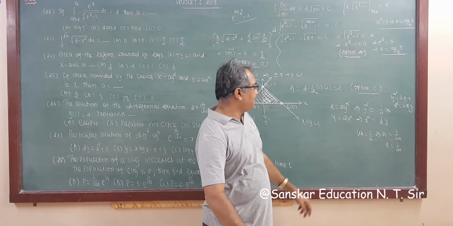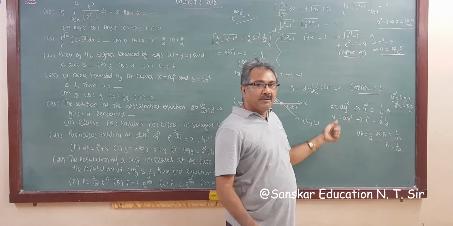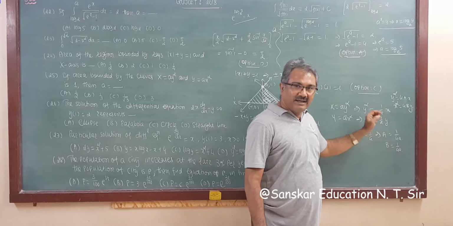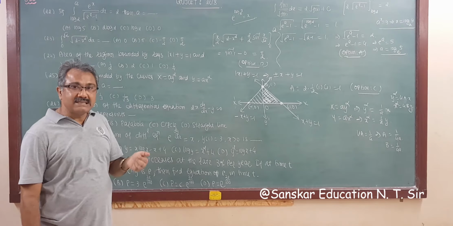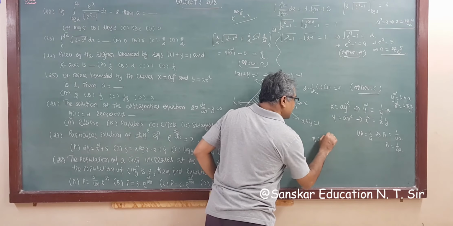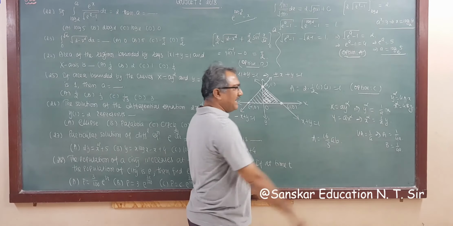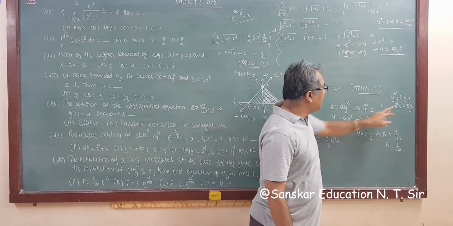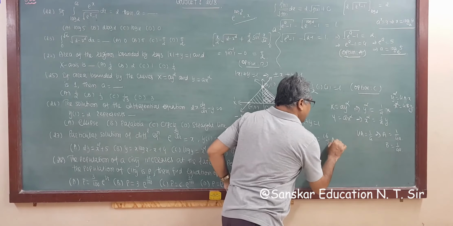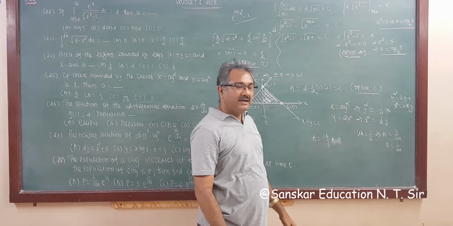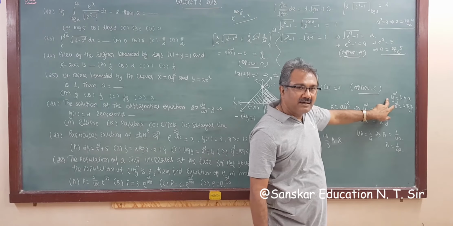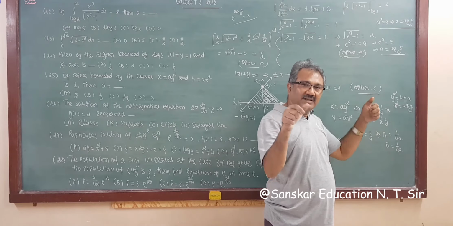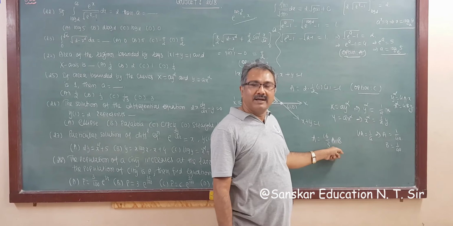And you know that the area between the curves y square equal to 4Ax and x square equal to 4By is 16 by 3 AB. So the area is 16 by 3 AB, taking capital A and capital B. So the area covered between these two parabolas, one of the x-axis and one of the y-axis, is 16 by 3 AB.